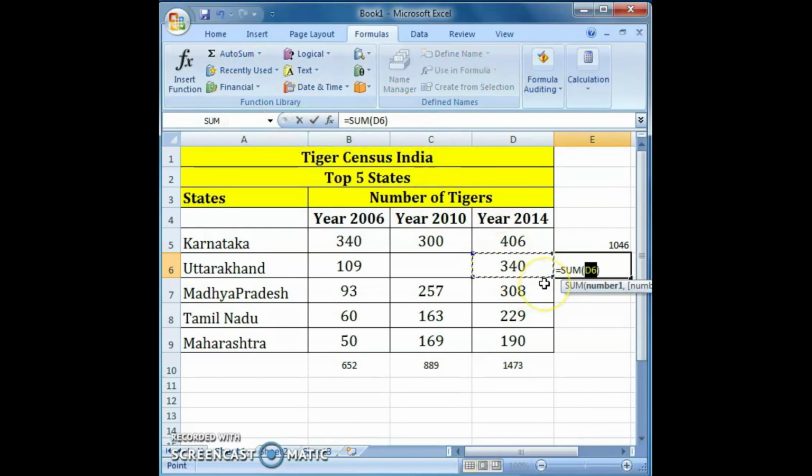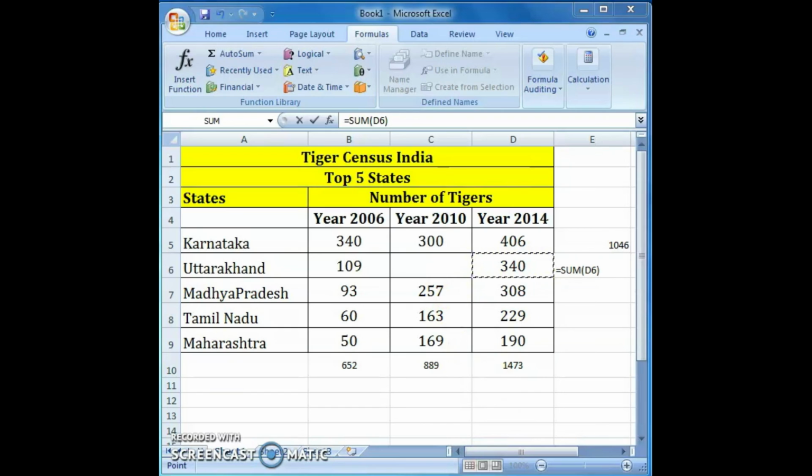What is its meaning? AutoSum looks for all the data that is consecutively entered, and when it sees an empty cell, it stops. Here one empty cell is there, so it stops there. That's its meaning. Okay, clear?